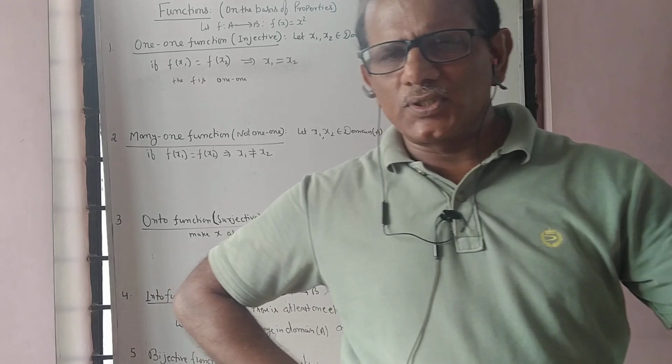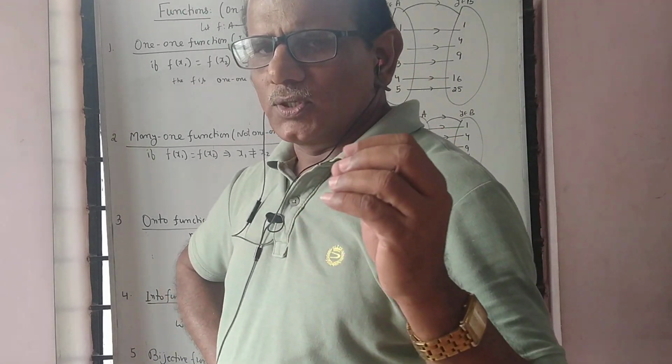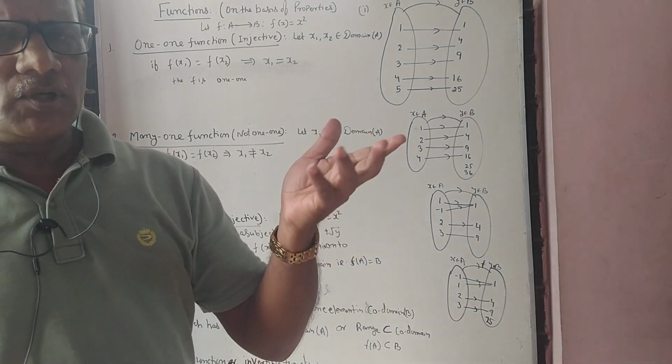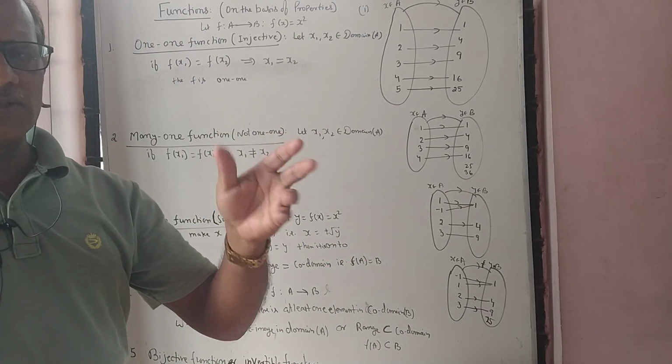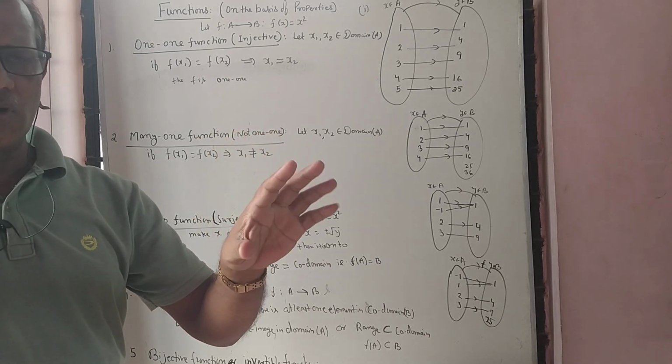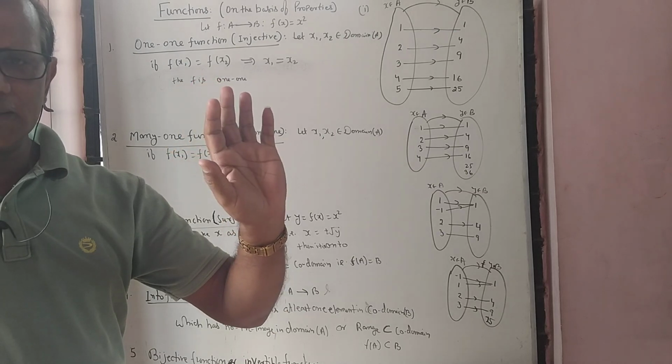In the last lecture, I explained function, and on the basis of existence, what types of function? Many types of functions I explained in the last video. That is, what is polynomial function, constant function, real value function, because all functions are real value function. Trigonometrical, exponential, also even function or odd function. There are many types. That is on the basis of existence.